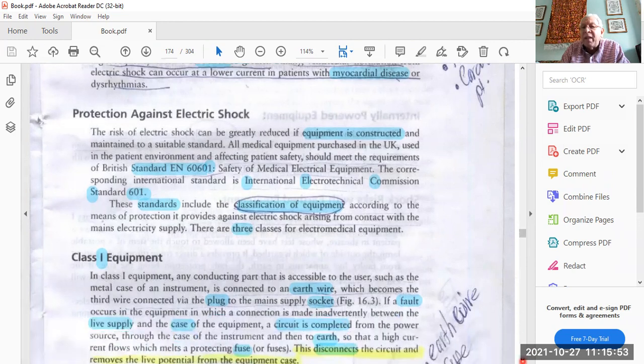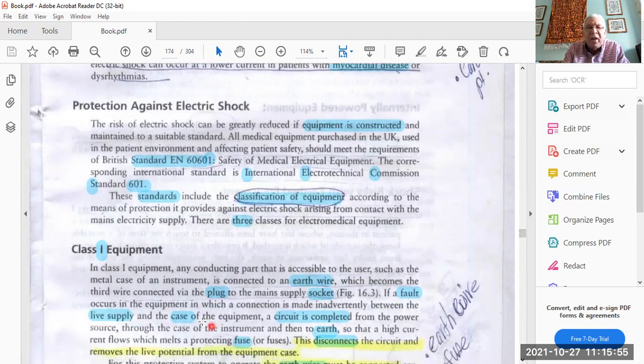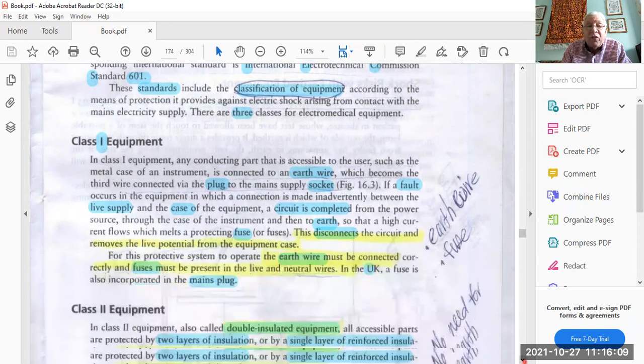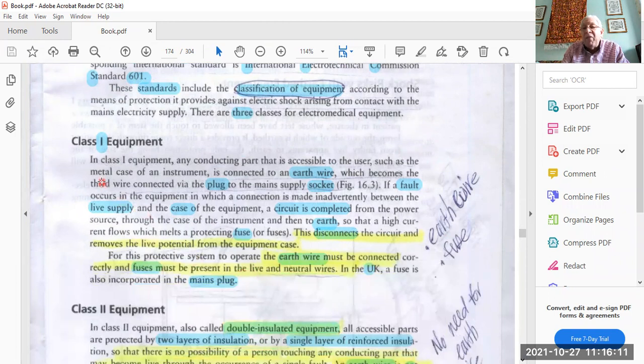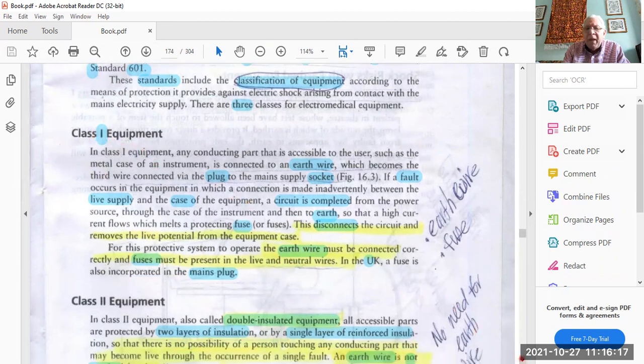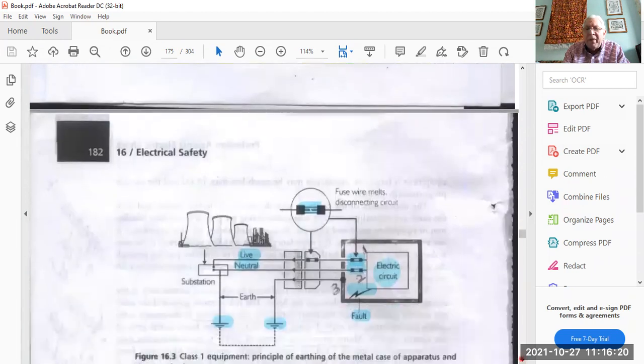Of course, this is the equipment standardization, as we can see, made to fulfill the International Electrotechnical Commission Standard 601 to fulfill the proper protection ways in such equipment. We can divide the equipment into three types. First, the class 1 equipment. Class 1 equipment, as will be seen in this figure, is